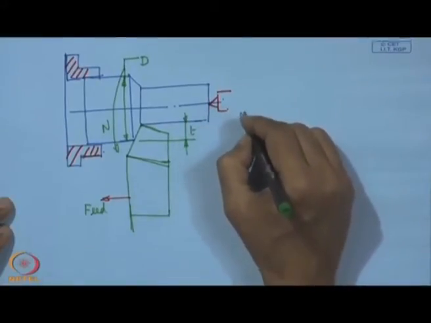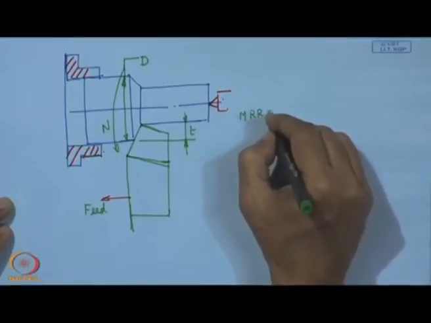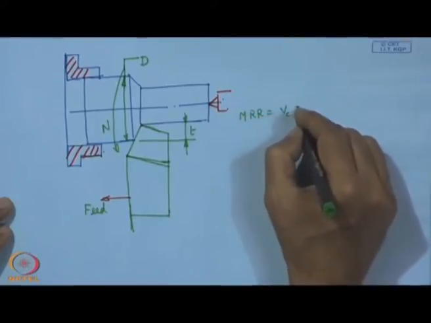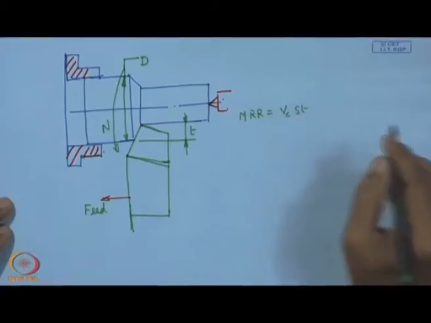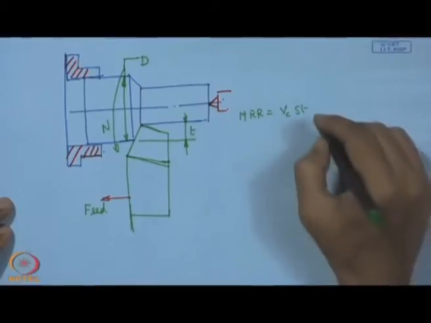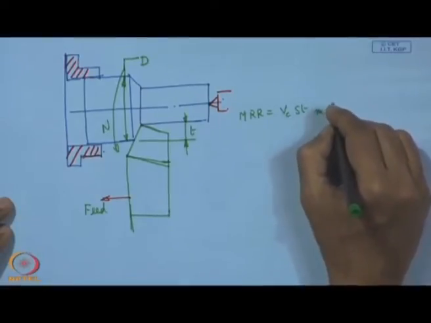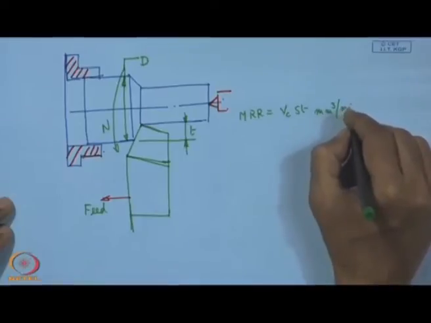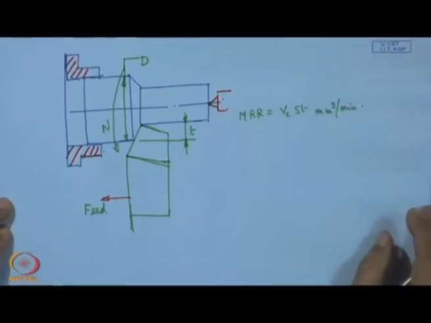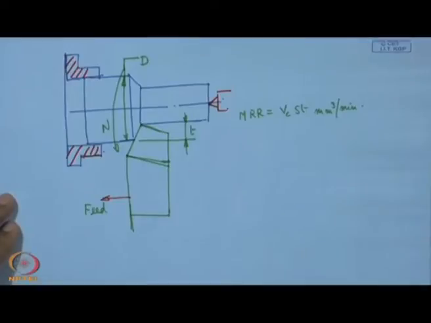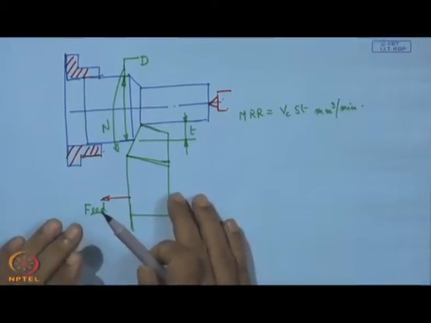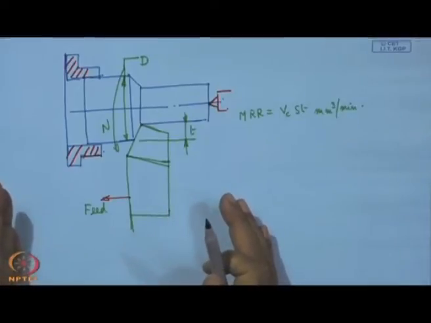So, here we know MRR, material removal rate, that is given by S into T, and in the appropriate unit when you put it, we get so many millimeter cube per minute. That is the usual way of expressing the material removal rate. Now, here what we can see is the tool holder that is put on the